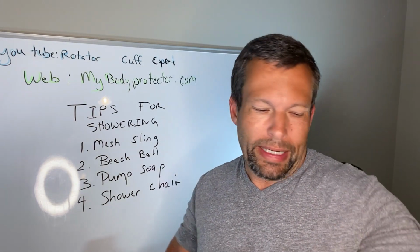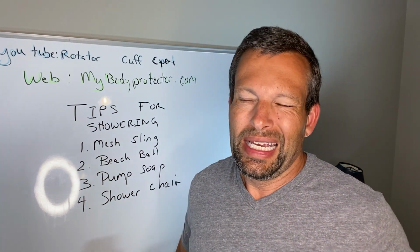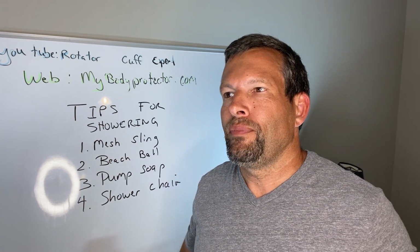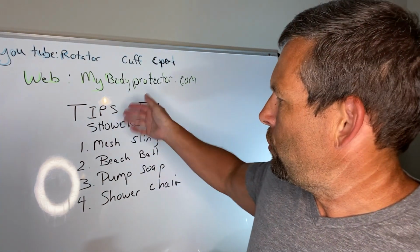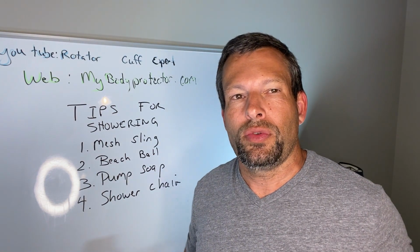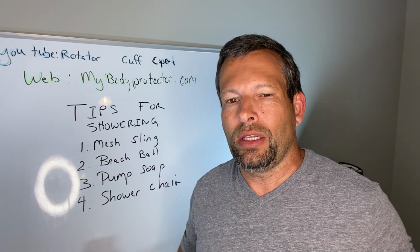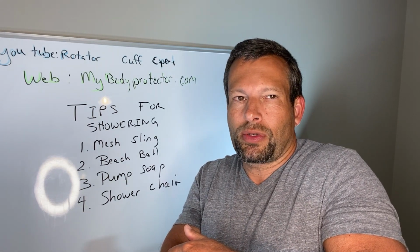When you're going to shower, you're not going to wear that into the shower. It's going to get wet. It's going to be a problem. You're going to want to use something else. And so first off, and I did this out of order actually, so we're not going to the mesh sling yet. First off, if it's really early after surgery, so you're only a few days out and you have the immobilizer on and you feel super comfortable having an immobilizer on,